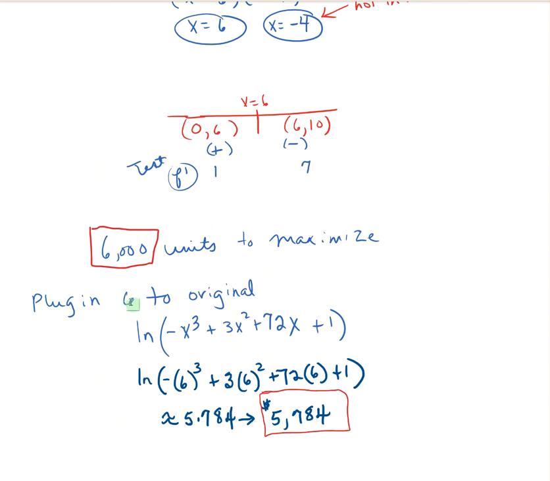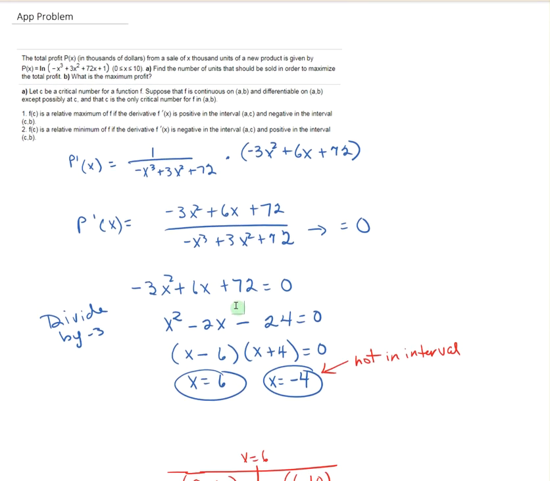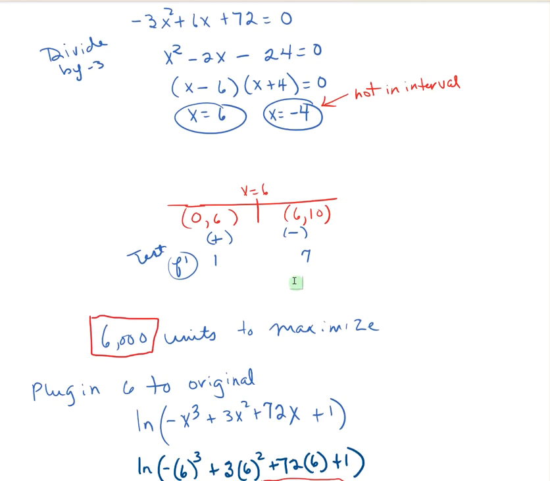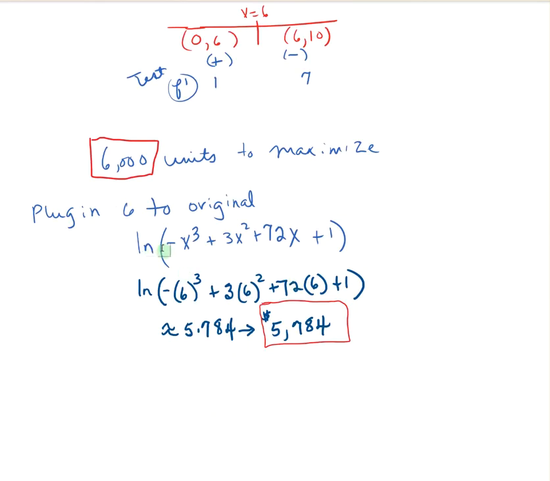Then you're going to plug in 6 into the original to get the Y value of the profit. And the original, again, is here. So I'm going to plug in to ln of this. I plugged in 6 everywhere there was an X. And when you do that on the calculator, be sure that you're doing ln, you hit parentheses, then do your plugging in. Put it in exactly like I've got it here. You should get